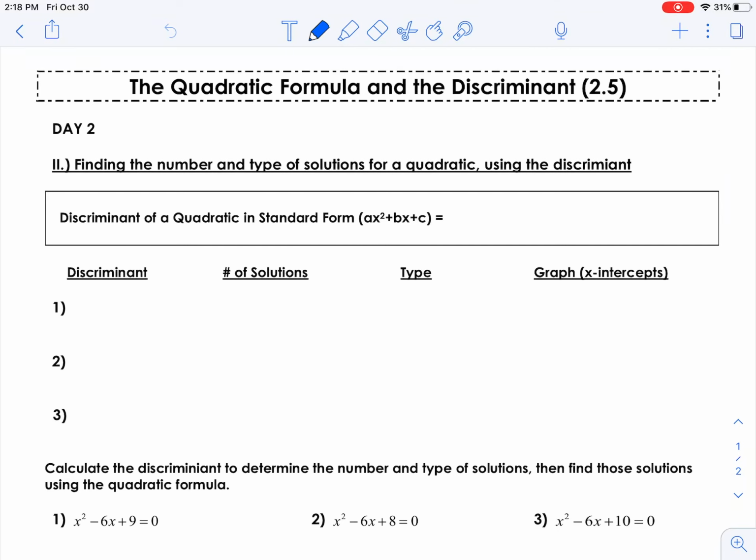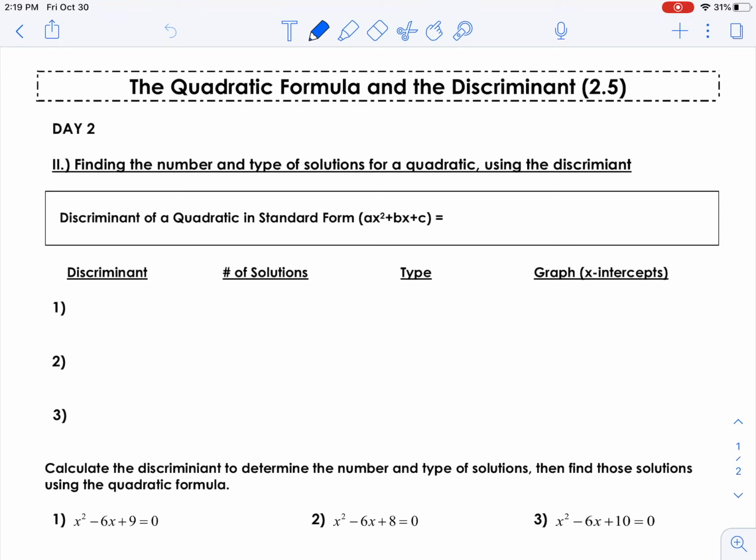Hi guys, today we're going to be continuing our study of quadratics and the quadratic formula by studying something called the discriminant. The discriminant helps you to identify the number and type of solutions for a quadratic, so if you have two real, two imaginary, or just one real solution. And this can be helpful because we can do this before solving and then we know what to